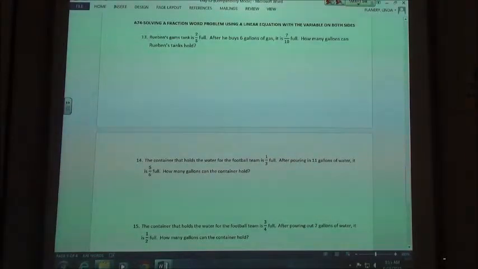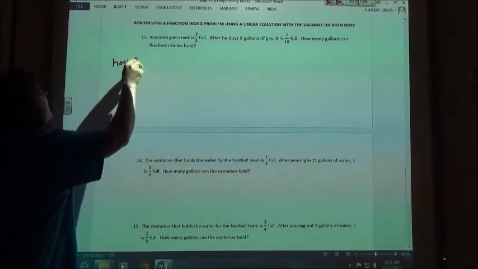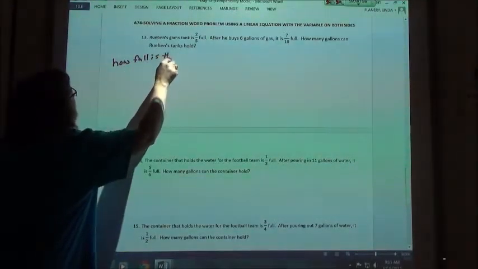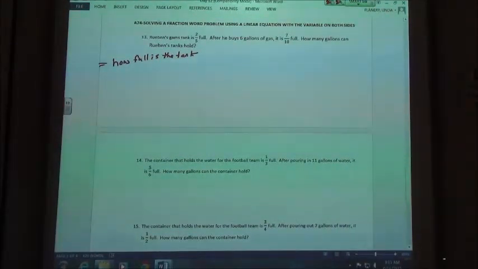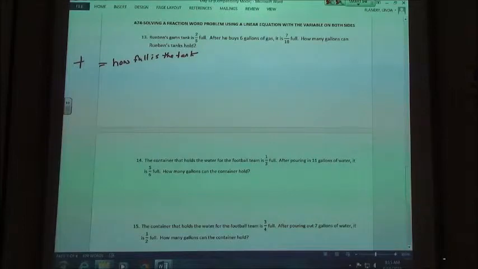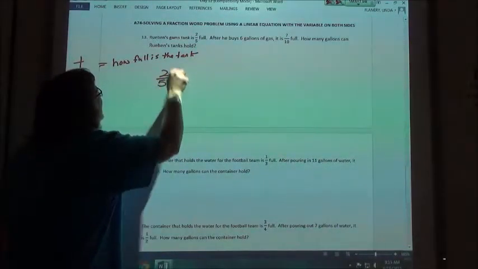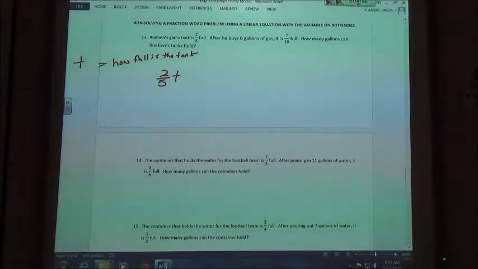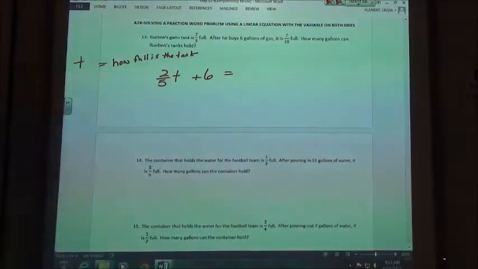So the question is, how full is the tank? What do we want to use for our variable? T? Okay, let's use T then. So, Reuben's tank is 2/3 full. How do I represent that? 2/3 T. He buys 6 gallons of gas, so we are going to add 6 gallons to our tank. Now our tank is 7/10 full,